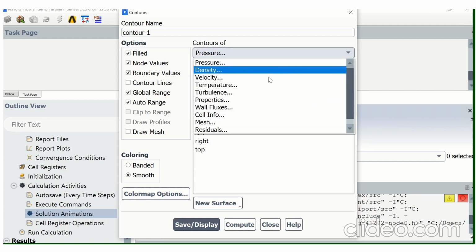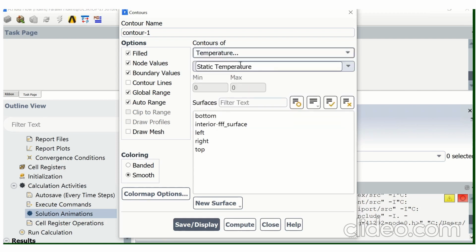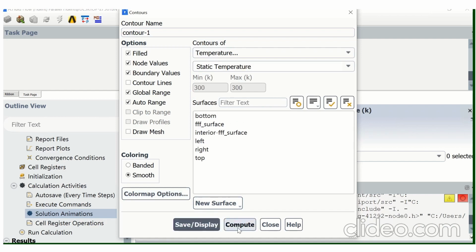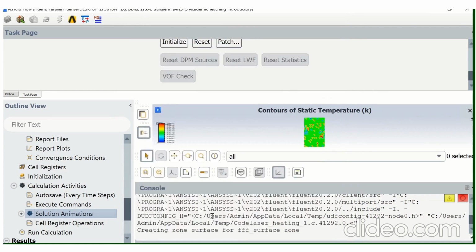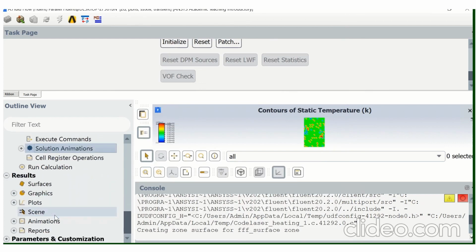Then what we want, temperature, static temperature, then that's it, save and close. Then you have to click on that, select that contour, then click on OK. After that, you have to click on run solution.